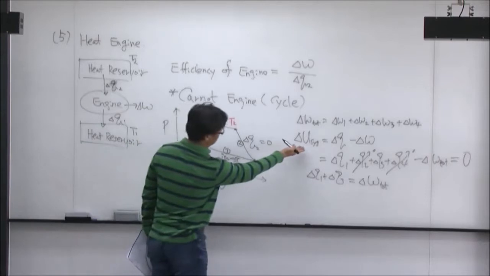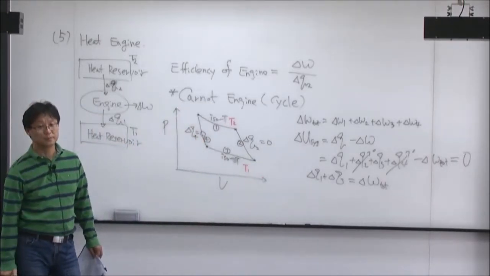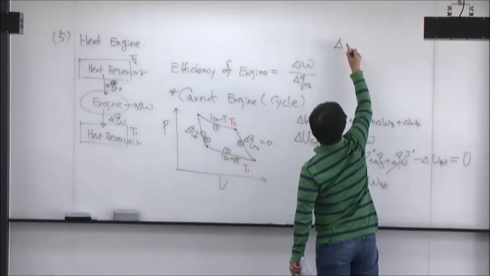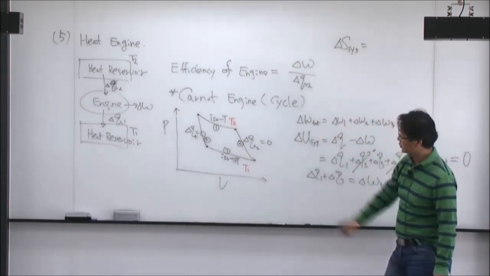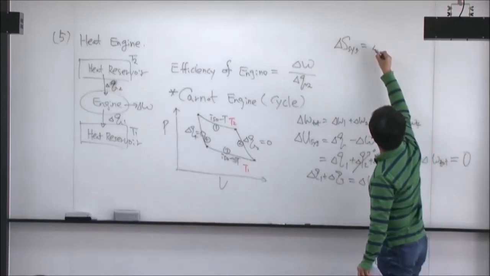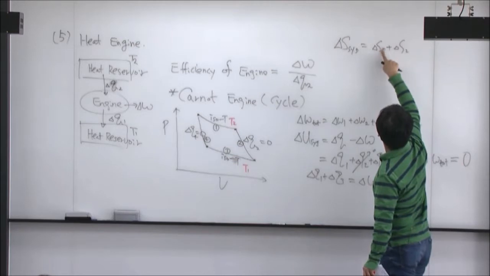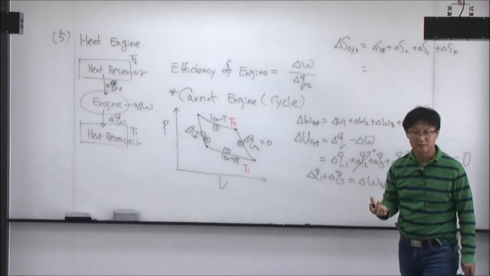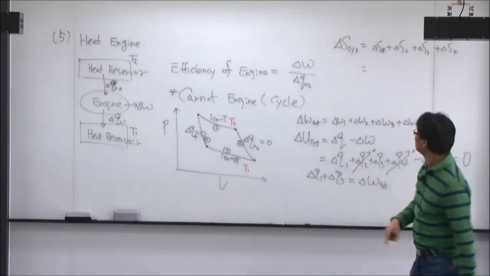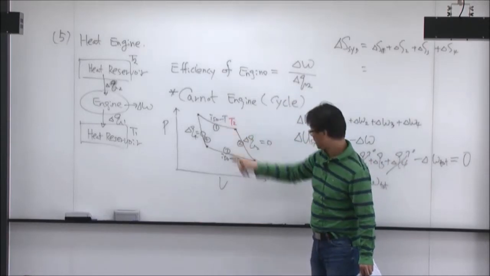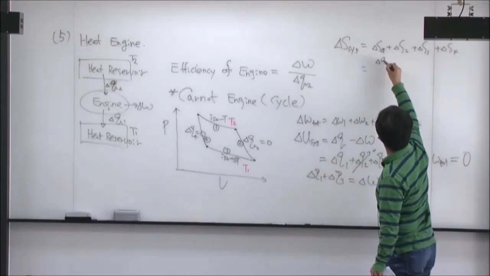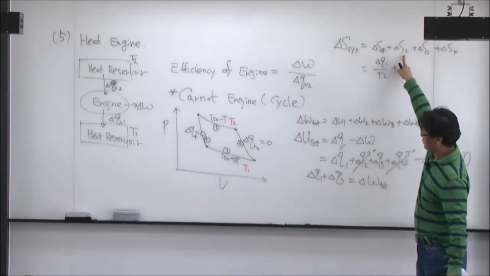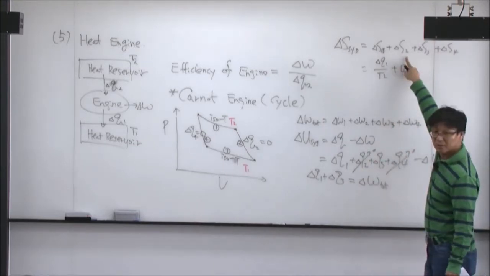Now, this was the system internal energy, and now let's look at the entropy point of view. Okay? Entropy of the system. So now delta S of the system, in one cycle again, is delta S1, delta S2, delta S3, delta S4, yeah? Delta S is defined by delta Q over T. In the first cycle, T2 temperature and then Q1, so delta Q1 over T2 temperature plus 0, because for this process Q equals 0, so it's 0 here, and then